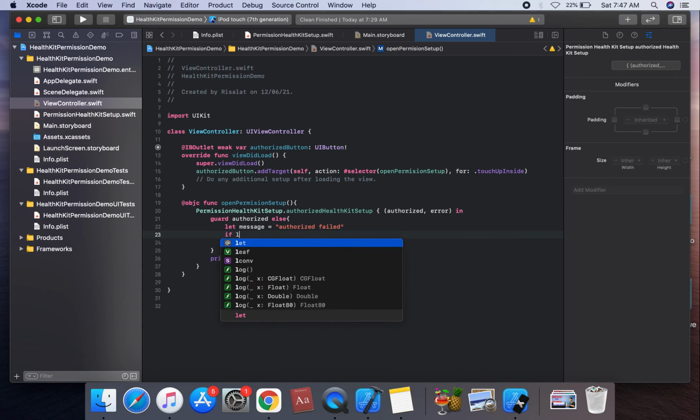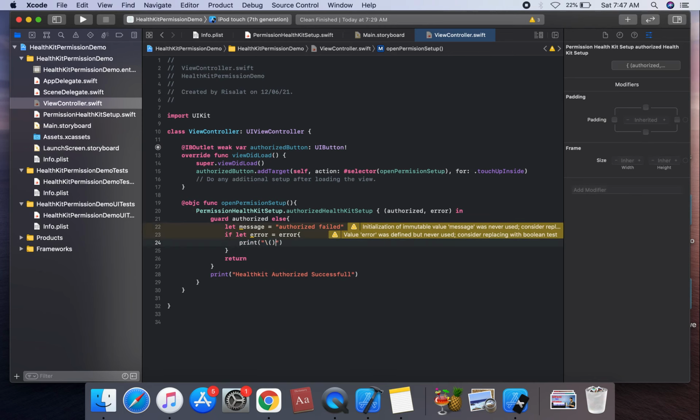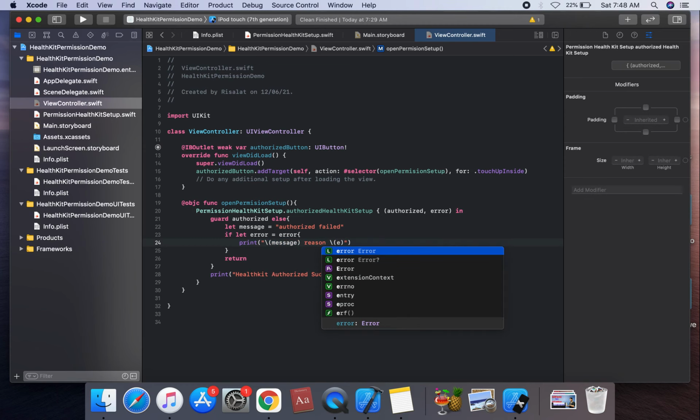And we're gonna use error. If let error is equal to error, and we're gonna use a print statement. Print, string interpolation operation message, and what is the reason, we're gonna use error, and we can complete the setup statement.